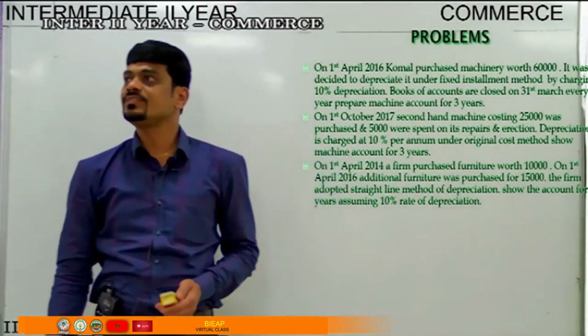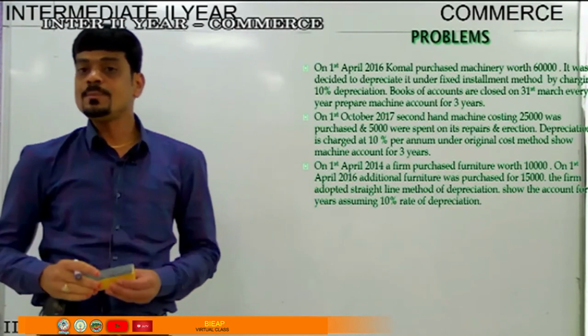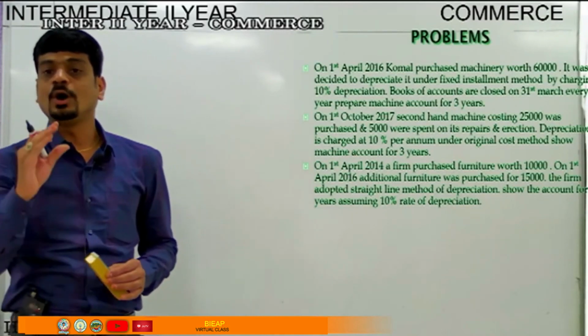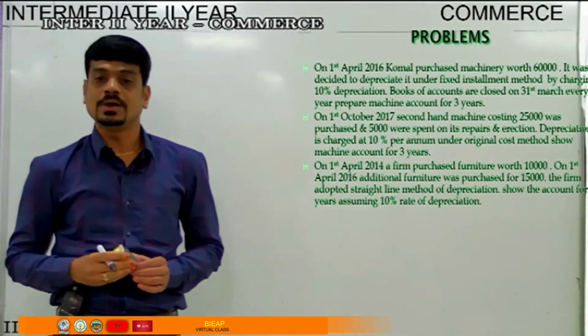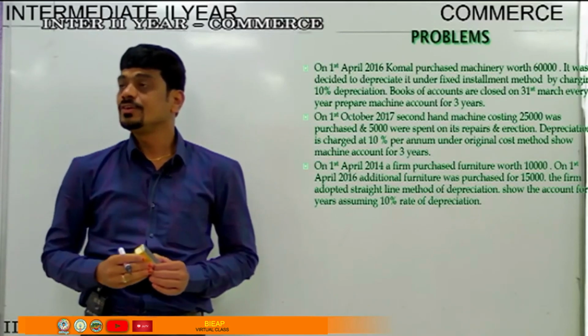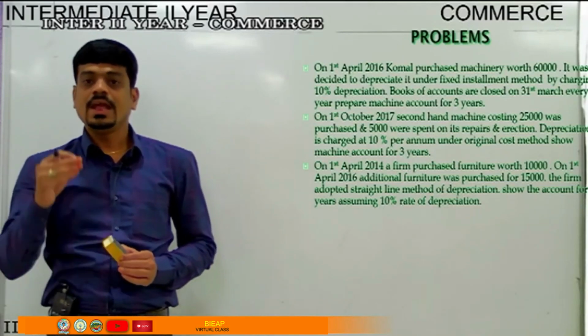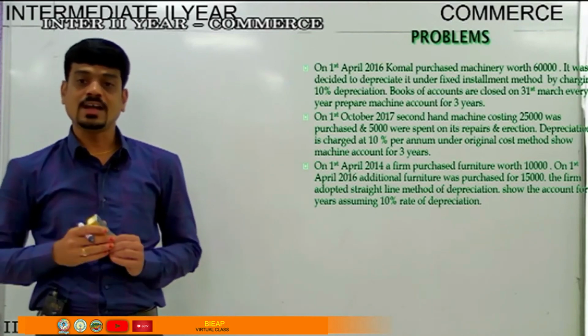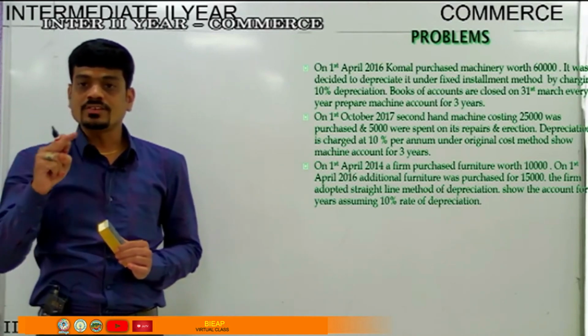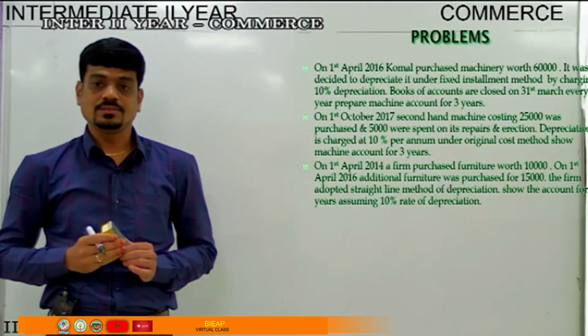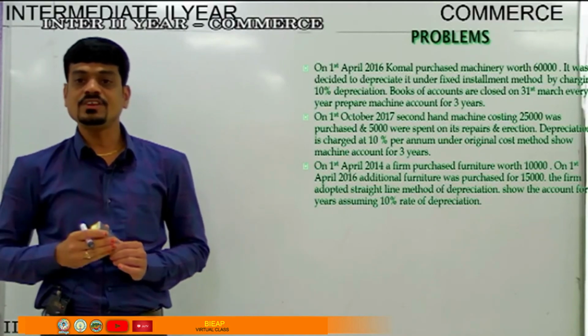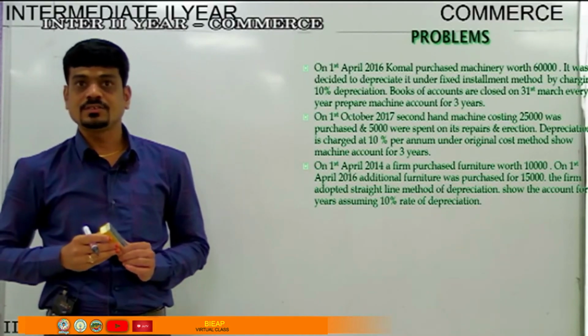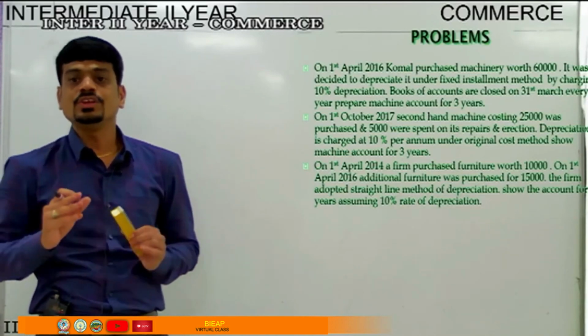When did we purchase the machine? We bought it on 1st October for 25,000. And how much have we paid for repairing it? 5,000. So total cost is 30,000. How much is the depreciation again? 10%. Which method? Original cost